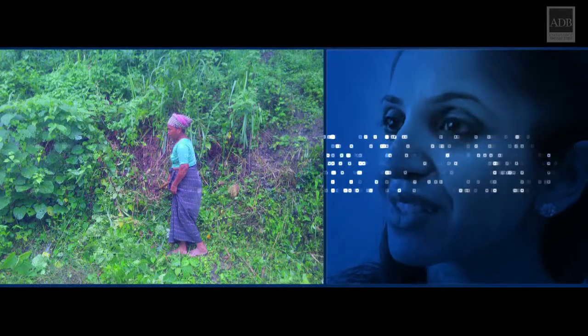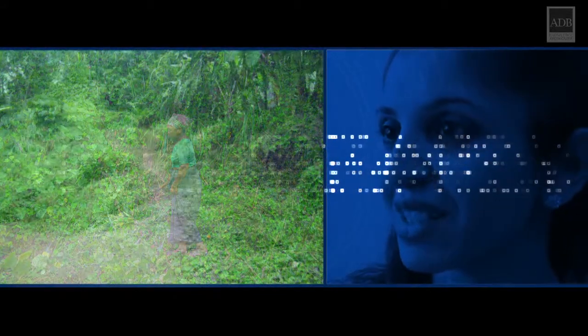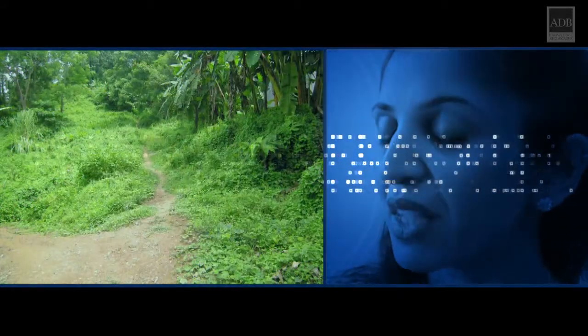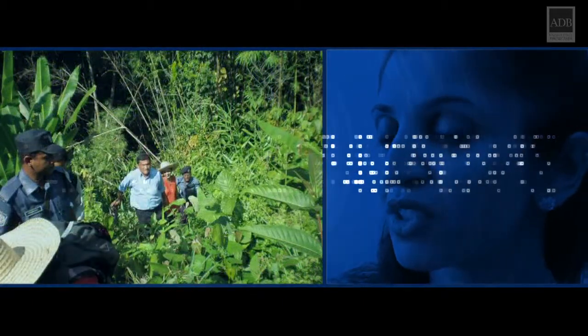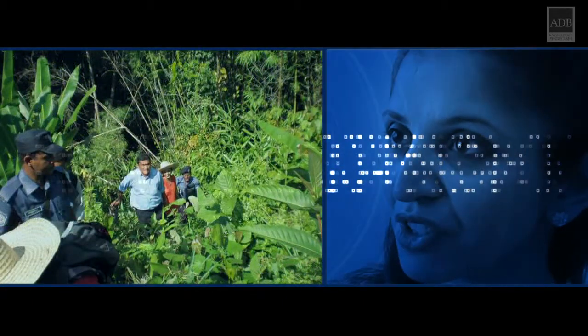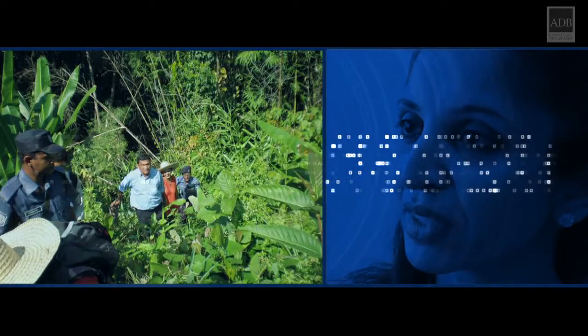Given all of these factors, the area is also very remote and it's difficult to enter and exit from. And many of these ethnic groups are located remotely within the hill tracts. So we had a huge range of challenges to tackle during the conceptualization of the project and during the design